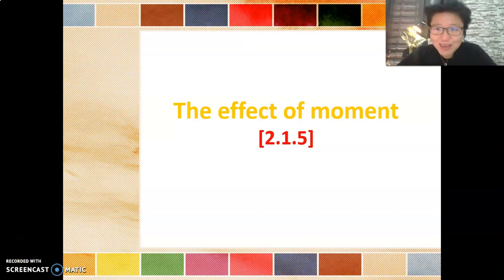Hello, it's me again. Right, so this is the last bit of your 2.1, the effect of moment. When you try to estimate the size of your foundation when you have a moment coming in. Now, you must remember